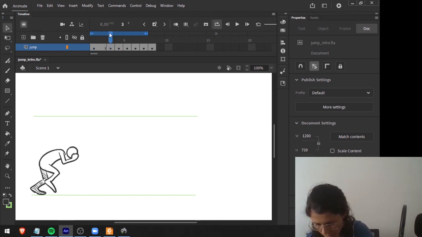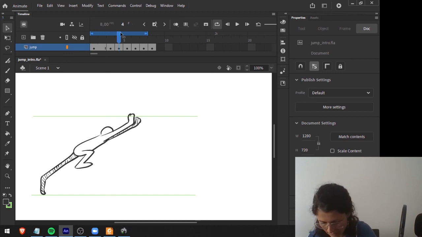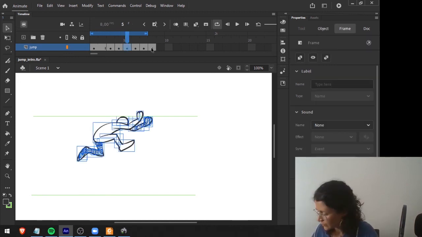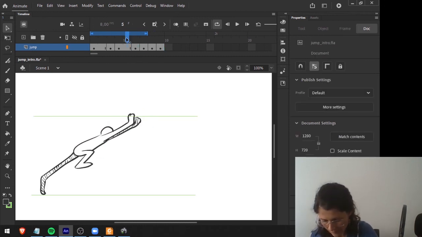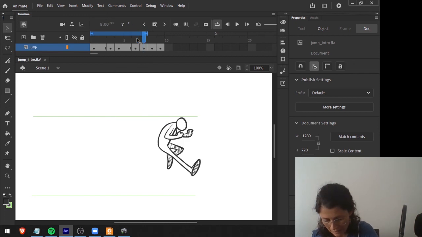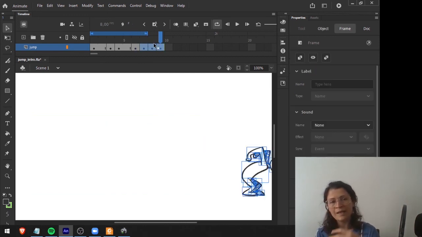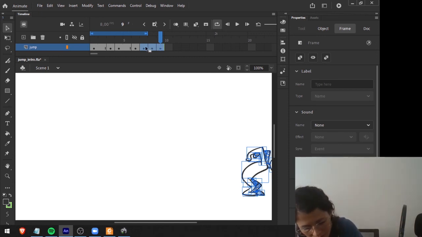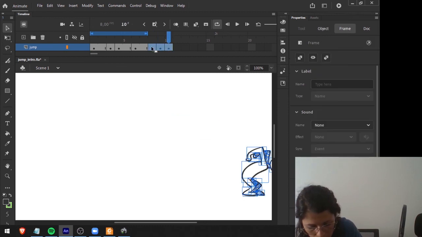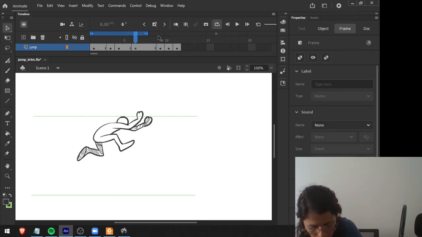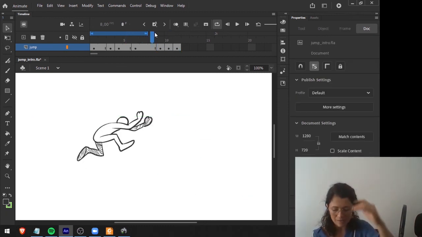Then this pose can last only one. This one here, maybe we will also have to make it last a little longer, okay? And then here, when it's up, well, it has to hang there a couple of instants. So let's also give it more time, or even a little bit more, okay? So it's hanging there with all the effort that he can make.